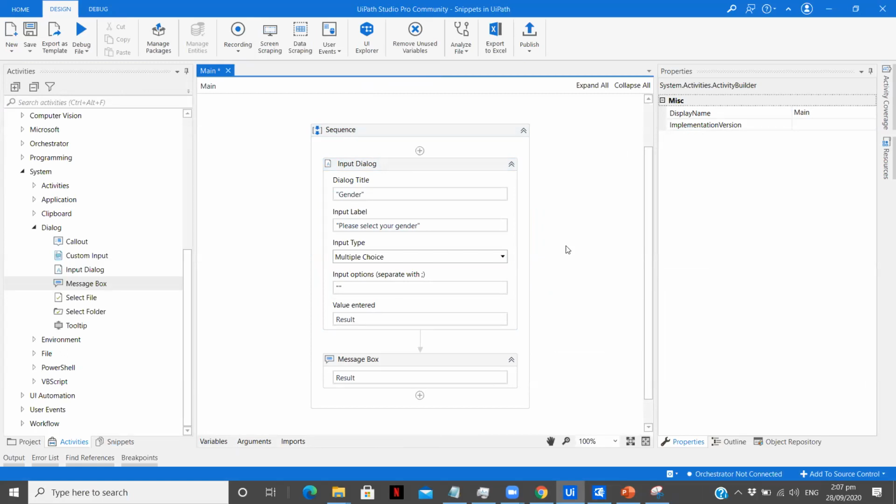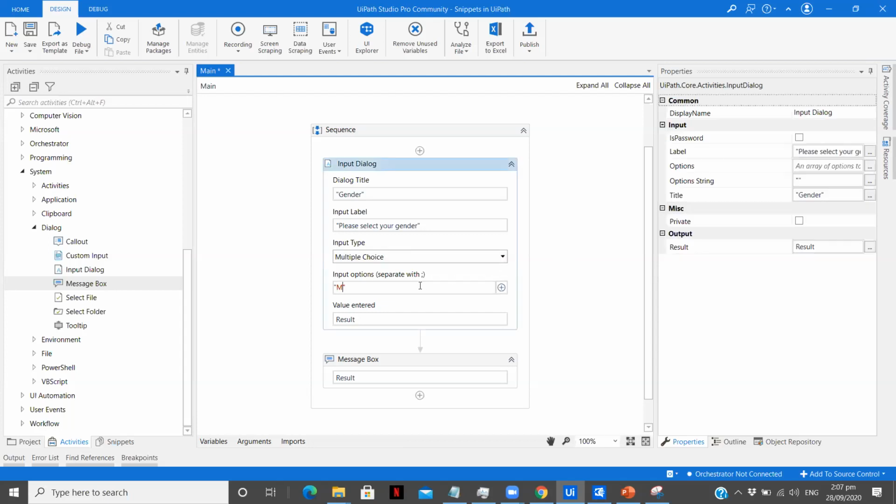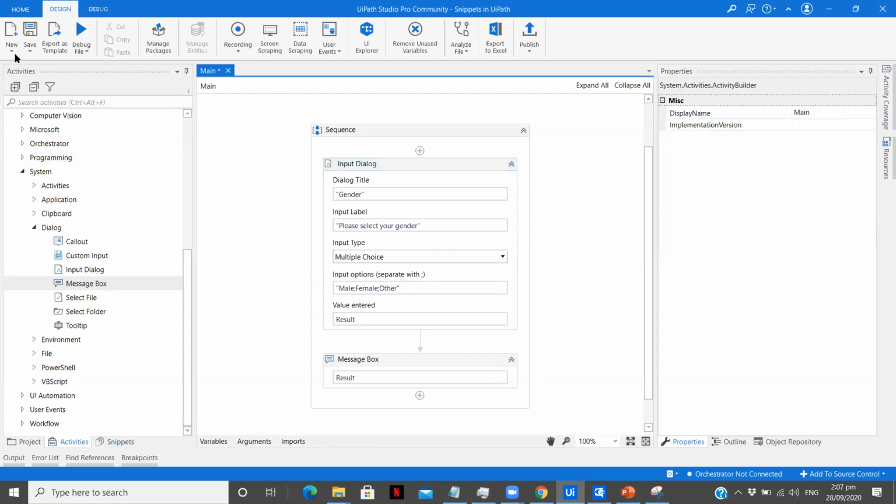We were asking the user to type, but if there are specific things like selecting the age range or the gender, in that case we can use this directly. Now the options are male, female, other. Here we are going to separate them using a semicolon.